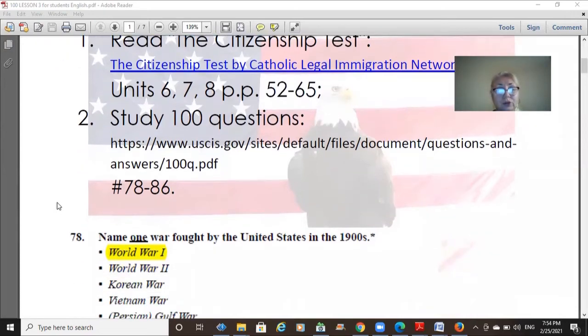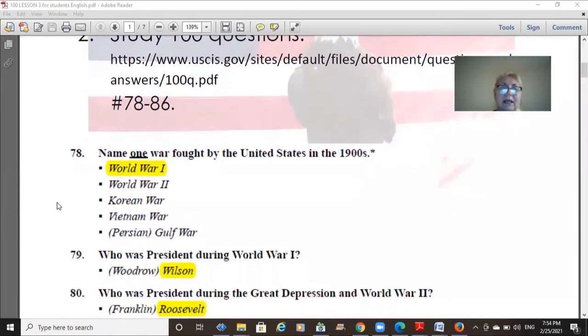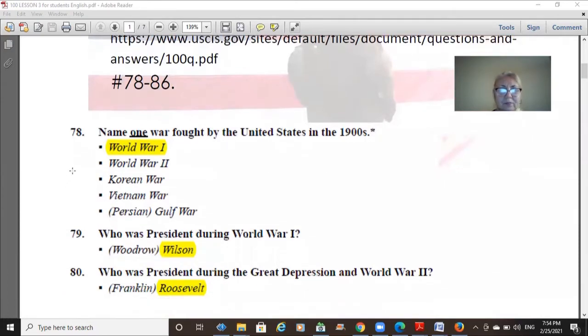I will show you all of these questions. Each one of them may have several answers, and they are all correct. I highlighted the answer that I would like you to memorize in yellow. If you think that you want to memorize or remember any other answer, please feel free.